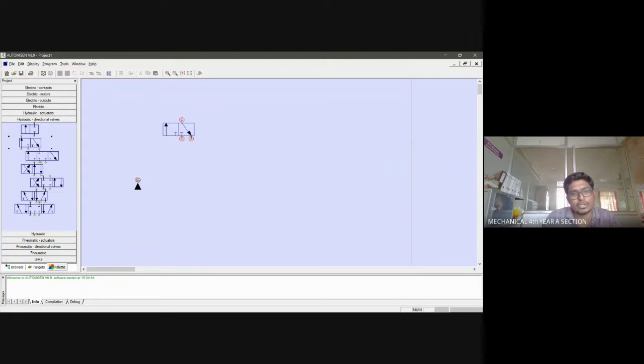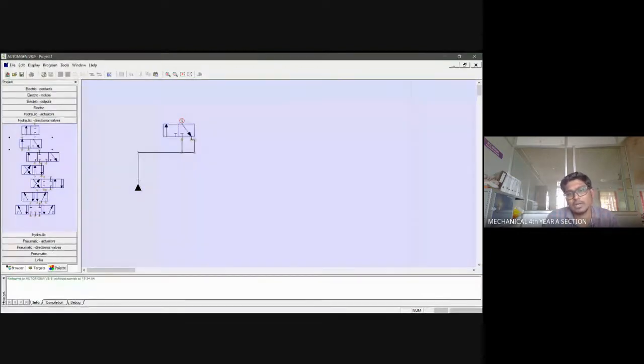When I'm doing the link, if the link is completely connected, the red mark goes up. You can see the red mark over here. For example, one second, I'll do it. So here you can see a red color circle. Once the connection is complete, the circle goes up. This tells you that you have done the connection in the right manner. That is why we have enabled the show broken lines option.